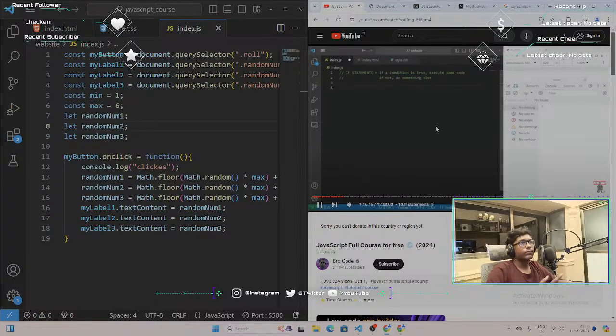For example, let's say we have a user's age. Let age equals 25. To write an if statement, we can type if, a set of parentheses, then a set of curly braces. Within the set of parentheses, we can check a condition. Let's check to see if our age variable is greater than or equal to 18. If this condition is true,